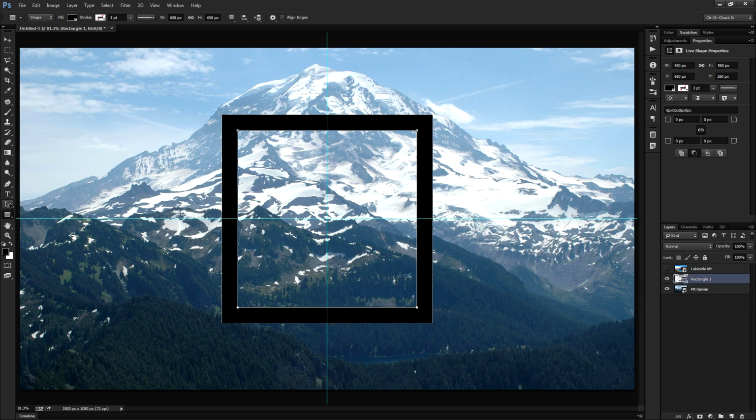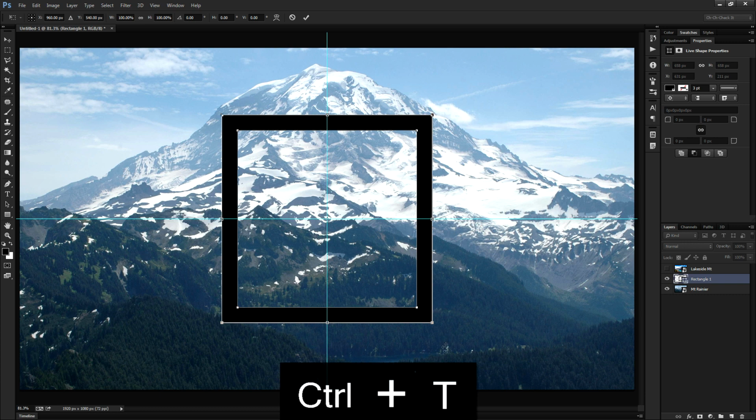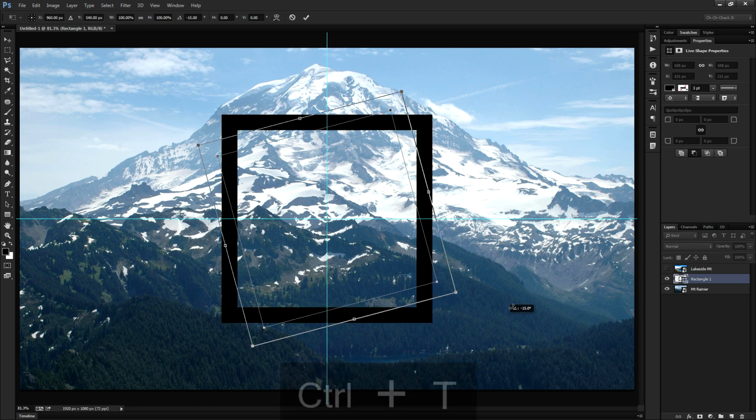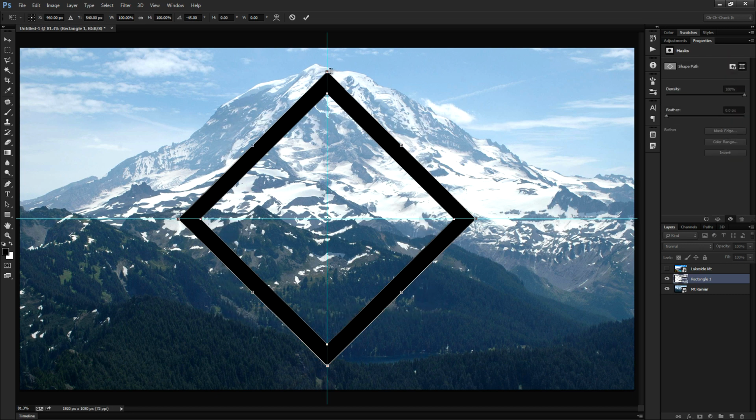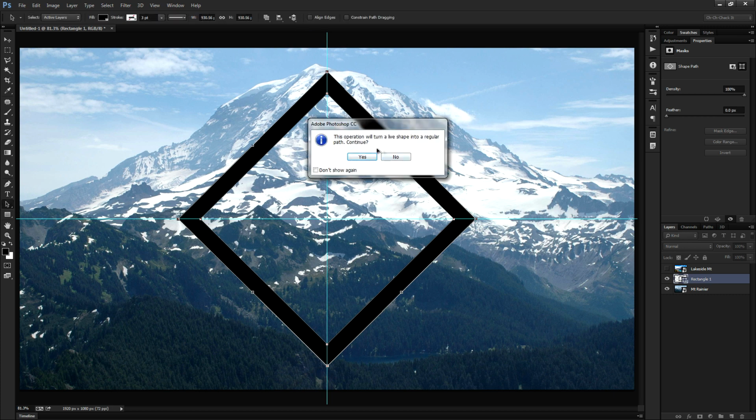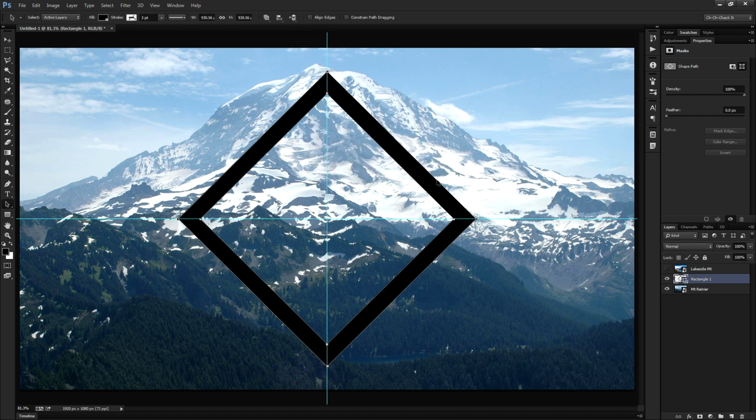Alright, so we want to rotate this to make it look like a diamond. So to do that, go to the left-hand side and swap to the Path Selection tool, or you can hit the letter A. And with the Path Selection tool, click and drag to make a selection around both of the boxes here, so that way you can have them both selected. And we'll hit Control or Command T to bring up the Transform tool, and click and drag around the outside of the bounding box while holding the Shift key until you have this nice little diamond shape. And we can hit the little check mark up here, click Yes, and there we go,